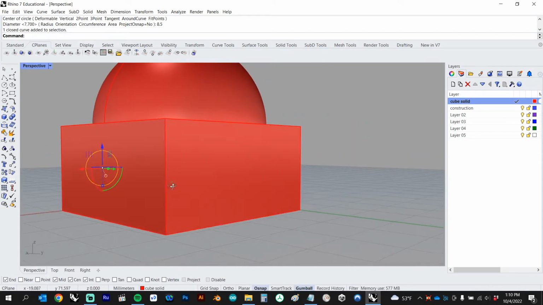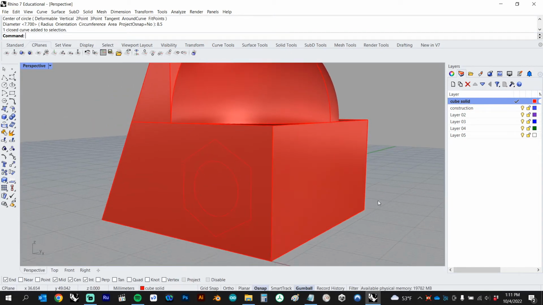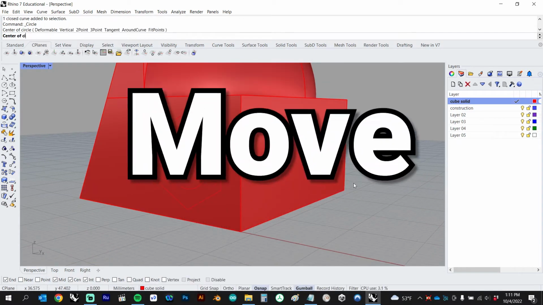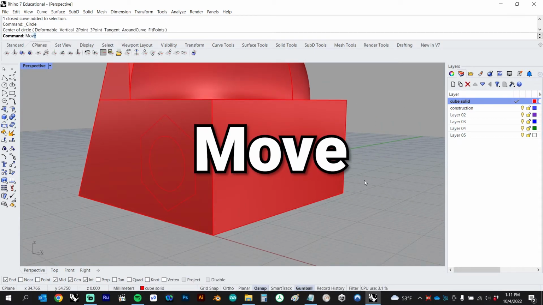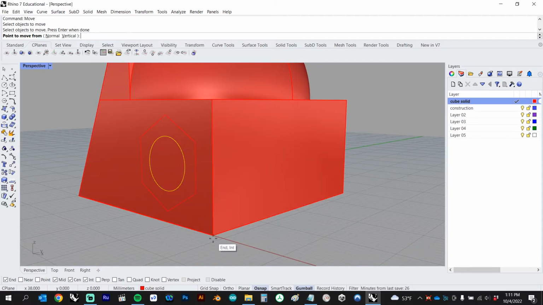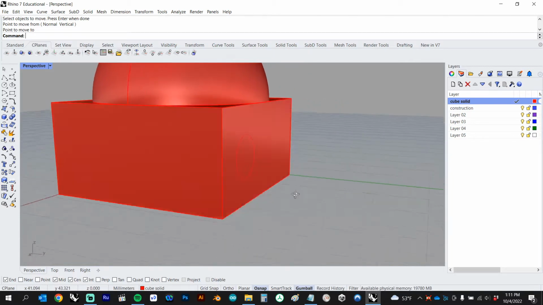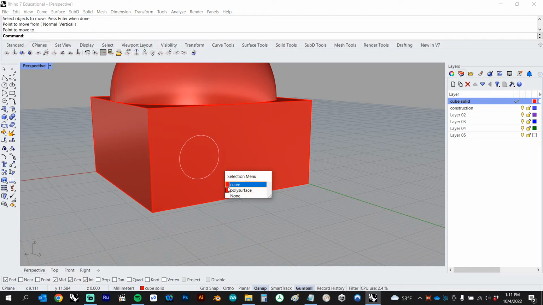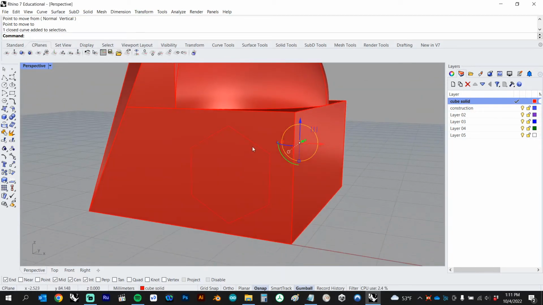So we need to get the circle to the other side of the cube. We could use Gumball to do this, but I'm going to use the move command, which allows us to select a start point and an end point for our transformation, and I'm going to use the endpoints of the cube to determine that movement. Now we have our circle on the other side, and we can create the surface that